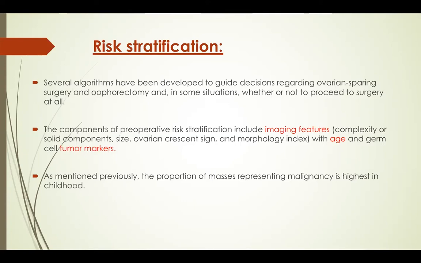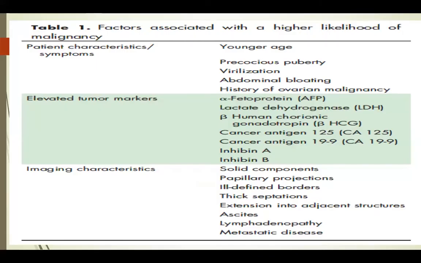And in childhood, the proportion of masses representing malignancy is high. That's why you have to do all the workup before deciding to go for conservative management. It's the opposite in the antenatal and neonatal masses. So factors associated with higher likelihood of malignancy: if the patient is young, if having precocious puberty, virilization, abdominal bloating, history of ovarian malignancy in the past, if the tumor markers are elevated, or the imaging characteristics are more towards